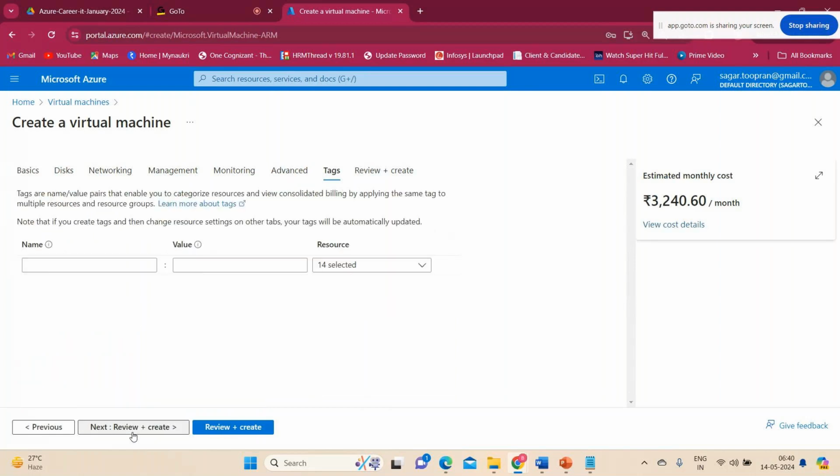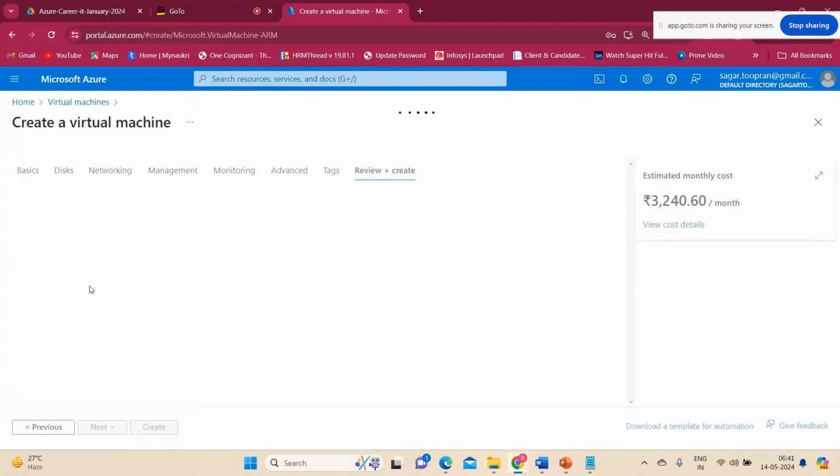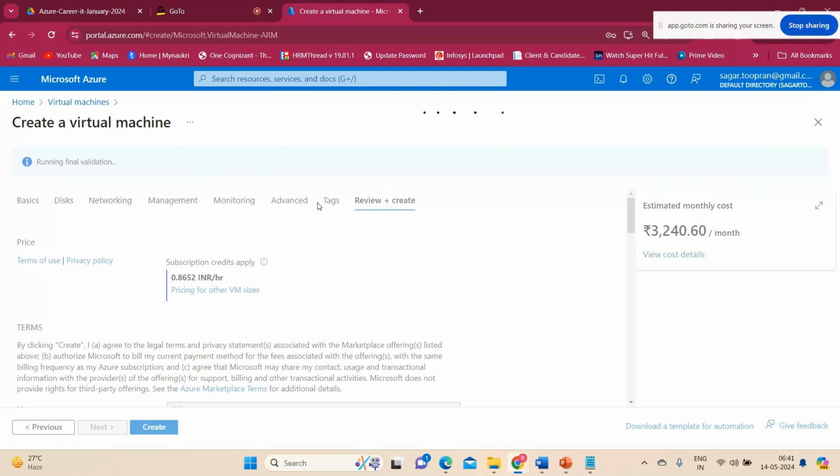A tag is nothing but a naming convention. You want to give a separate label to identify, for example, that this machine belongs to production, or to a sandbox, or to a stage. You can give a label to it, and then review. So right now, just consider two things: one is basic and one is review. That's it. Don't worry about the rest, I'll give it to you later in detail. For now, keep things simple so that you can do your activity,